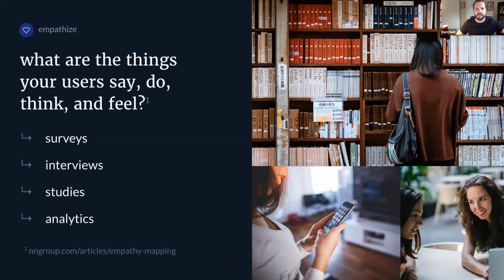And then the last is about analytics. If you work at a company, especially one that has an established product, a lot of times they'll have analytics built in, and you can learn a lot about your customers by looking at the product analytics. Tools like Mixpanel or SQL, if you get really good with SQL, can help you get a little bit of insight into how people actually behave and move through your product.